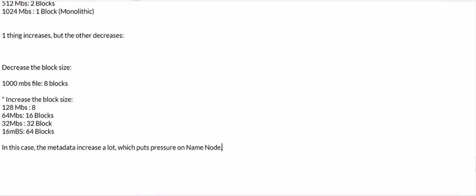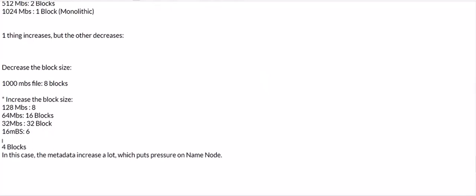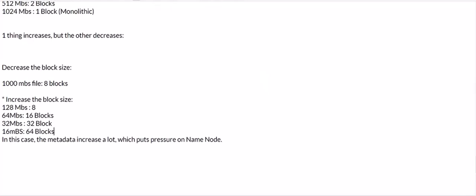And now you would think, as compared to big data, this is a very less amount of data. I'm talking about the metadata. If we have metadata about 64 blocks, it would be very less. But